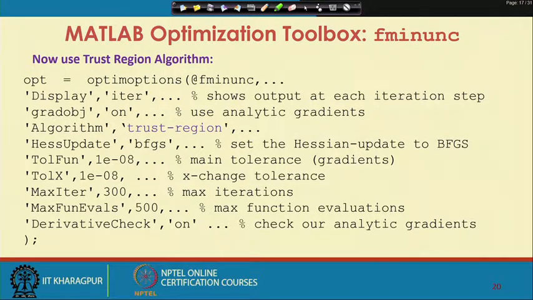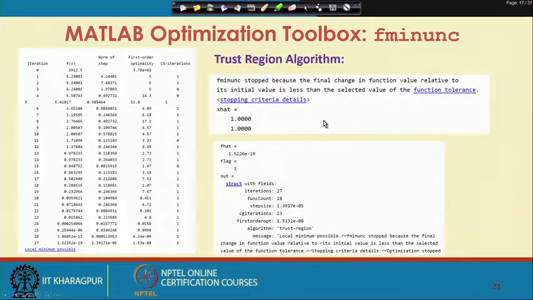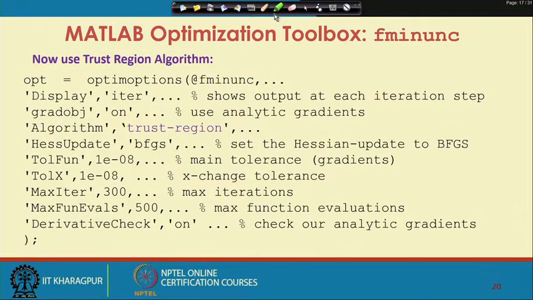Let us now solve the same problem using the trust region method. So, we just change the option here.